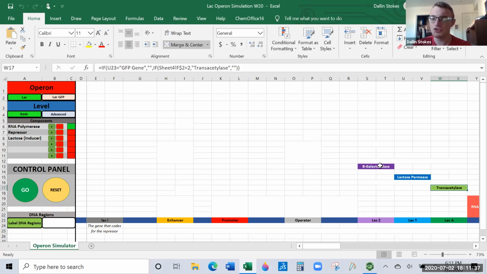So I want to be able to control when these proteins are made so that RNA polymerase only makes them when lactose is there for them to chew on, and stops making them when lactose disappears. But remember, RNA polymerase doesn't take orders from anybody. He just does his blinders thing. He hops on the promoter and goes all the way to the end. And then he hops back on the promoter and goes all the way to the end. So somehow we have to find a way to stop him.